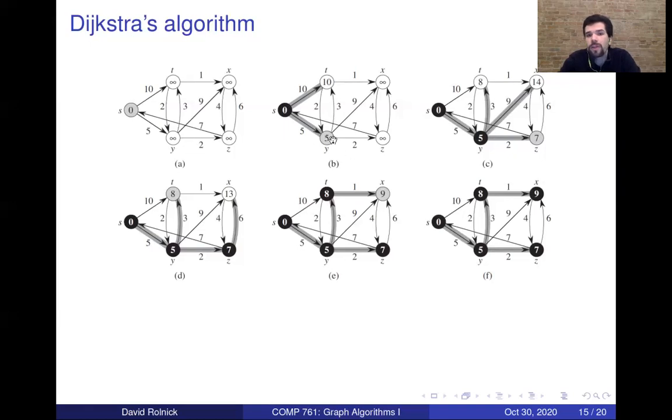Now we're going to go to 5, because this is the new vertex that we explored. And when we explore a new vertex, we're always going to look at its neighbors. So now we're going to look at the neighbors of 5. We're going to say, okay, let's look at all of these things. We know that